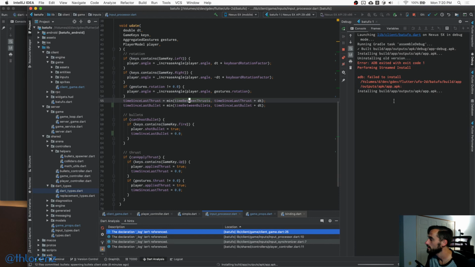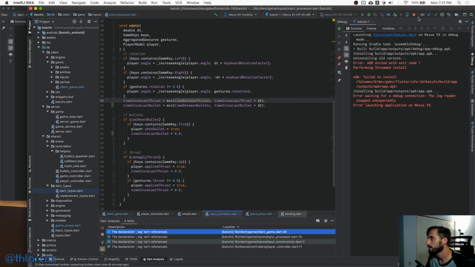Oh, I don't like that. Is it still doing it? Oh, a streamed install didn't work. Is this going to work? I'm watching my phone. It's showing blank, basically. Oh, it can't connect to the server, most likely. So that's not going to work either. It's going to be waiting for players. Okay, so